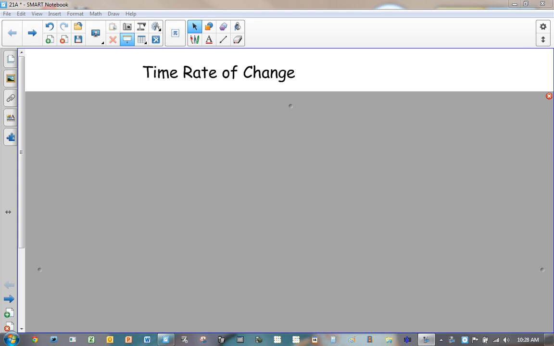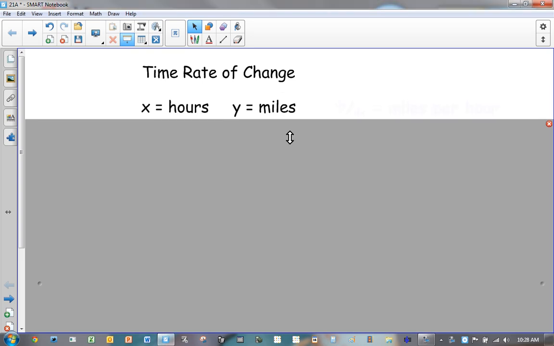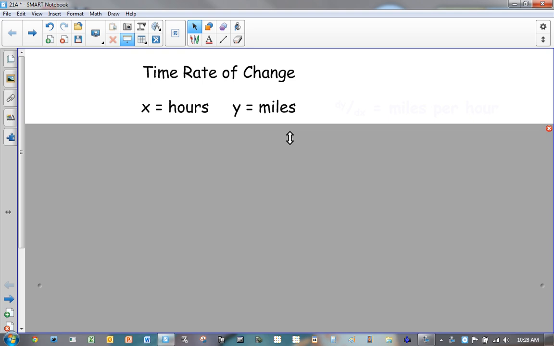All right, we are in chapter 21, so we are going to start talking about how to use the derivative in real-life situations. Derivative, as you remember, is instantaneous rate of change. And the most common rate of change that you would come across are those rates of change that have to do with time. So, for example, if you are graphing two quantities, where x was measured in hours and y